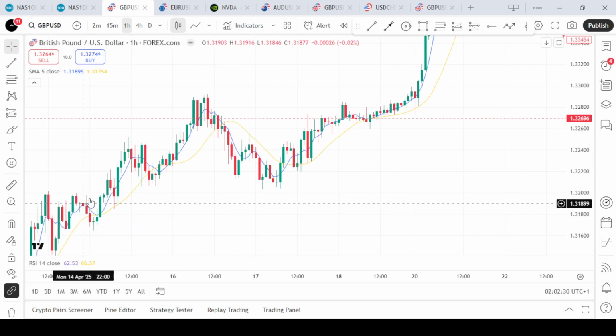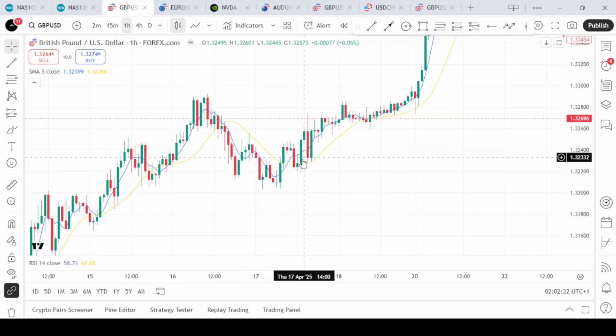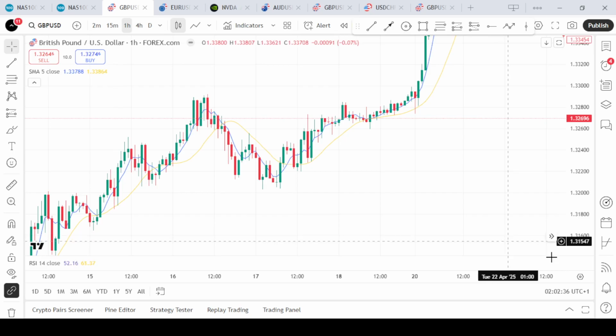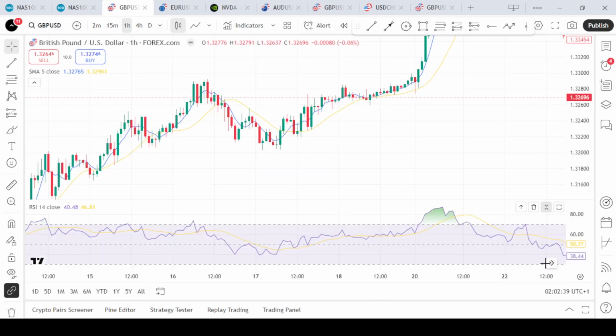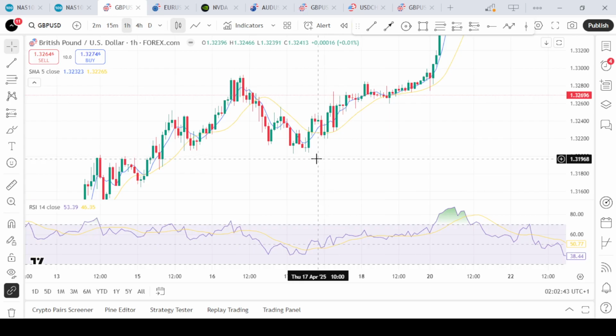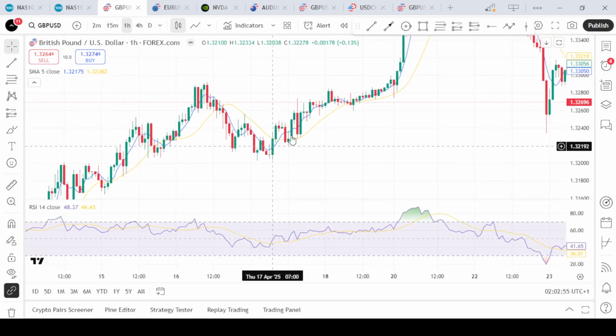Your third step would be to confirm your trend. To confirm this signal, you can make use of other indicators such as your relative strength index. So if I add my relative strength index to our chart, for a buying signal, you have to see the SMA crossover. Once we see our 5 period moving average has crossed over our 13 period moving average, we would have to